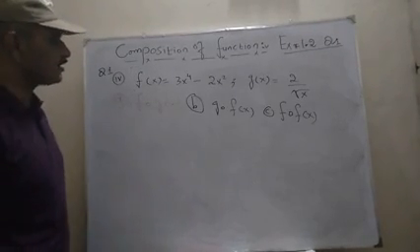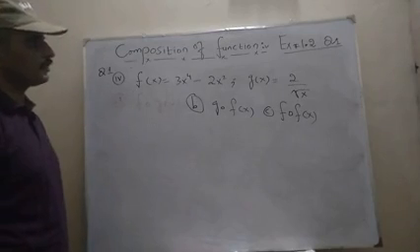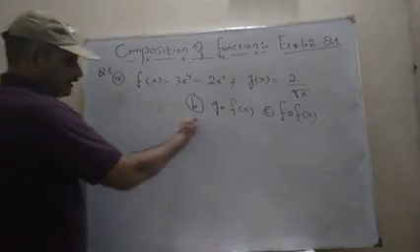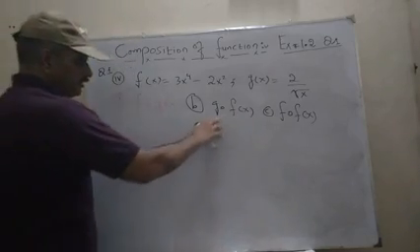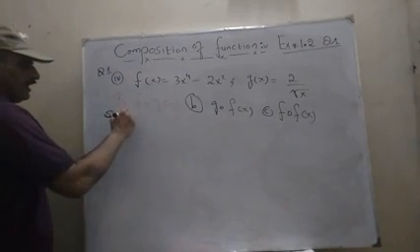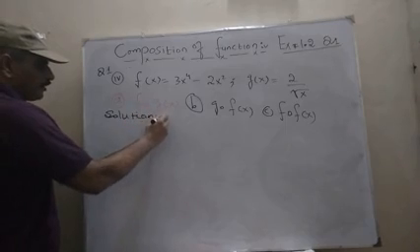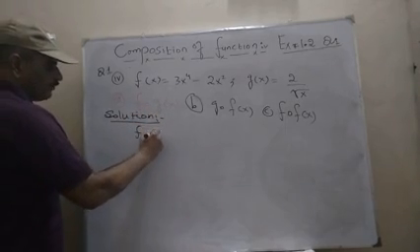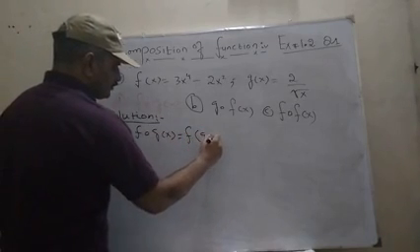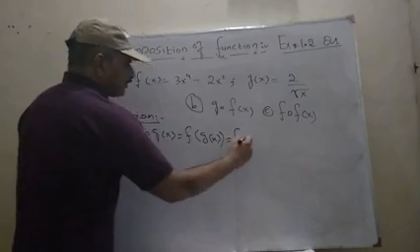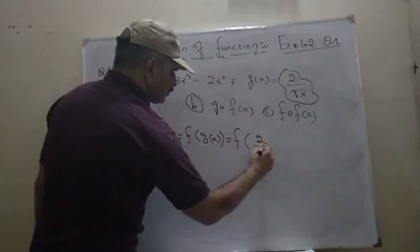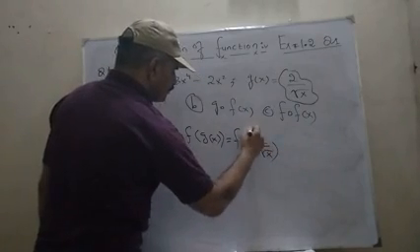Now there is another question from exercise 1.2, question number 1, part 4. Here similarly you have to find these three things, that is f of g, g of f, and f of f. First we are going to find f of g. By definition we can write it as f of g of x. What is the value of g of x? It is 2 over under root x. So you will write here 2 over under root x, and put this value